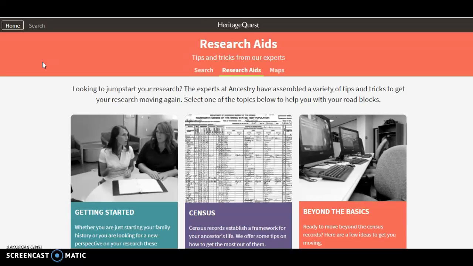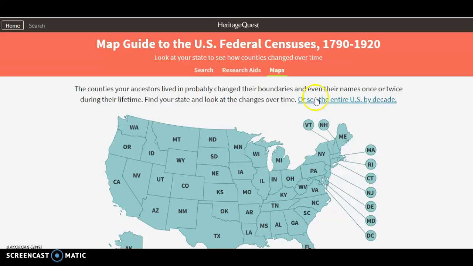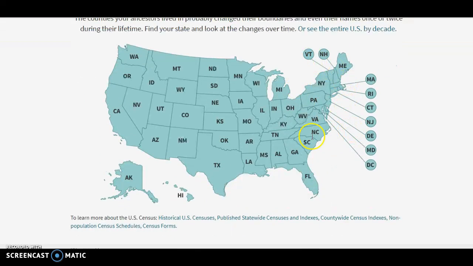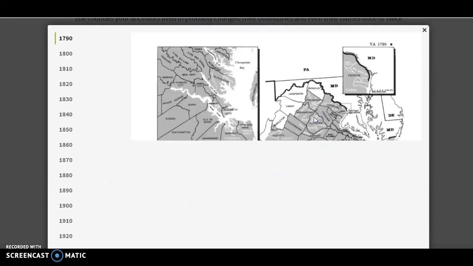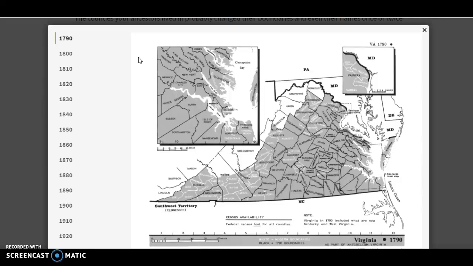Heritage Quest also takes into consideration changes on state and county boundaries over the years. Up here near the top, near Research Aids, you have a link to maps. If you click on a state, you can see how county boundaries have changed over the years. On this map, boundaries from 1790 are shown in black, and underneath it, boundaries from today are shown in white. You can definitely see how this can be helpful if you're tracking down relatives and they happen to have lived in a county